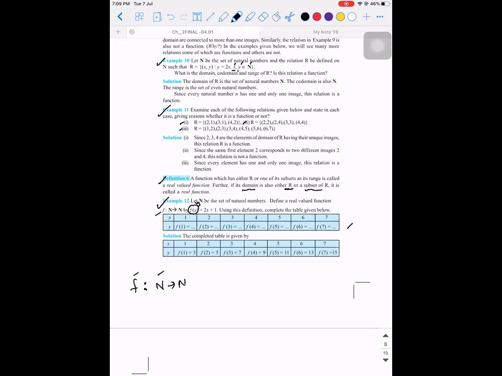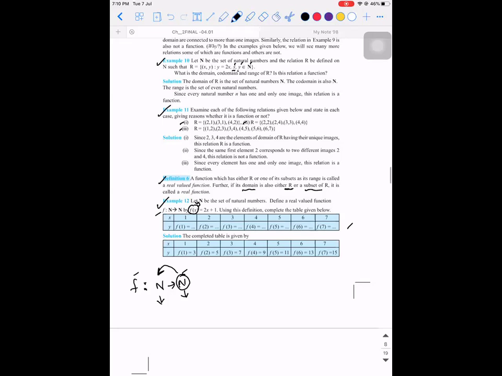When you say f is mapped from N to N, you always have to look at the first element. The first element tells you that you are supposed to give the inputs only as natural numbers. The second element tells you that the output you get is also a natural number. You can look at it in reverse also: if the output is a natural number, then the input also should be a natural number. These are the two ways in which you can look at the same concept.